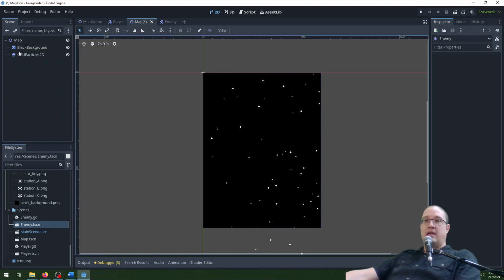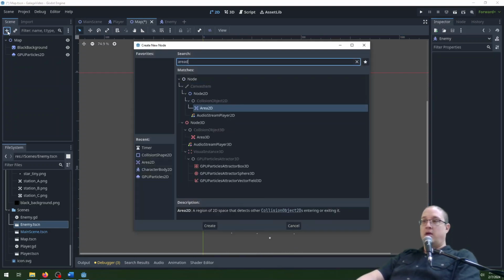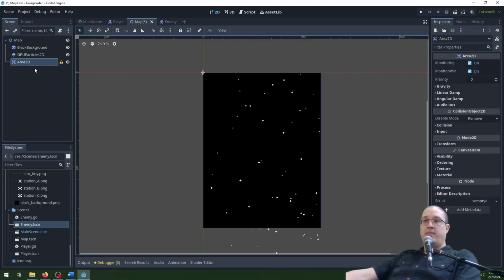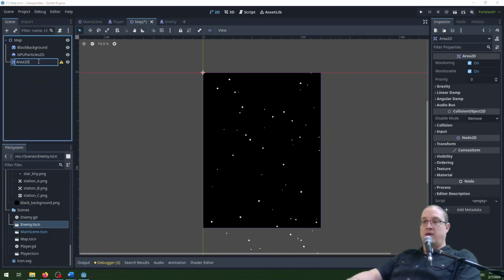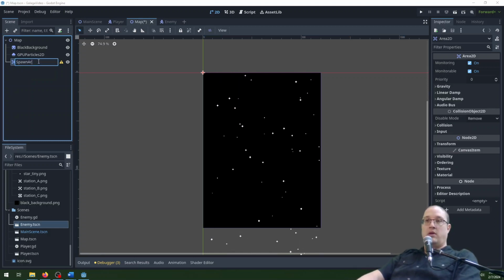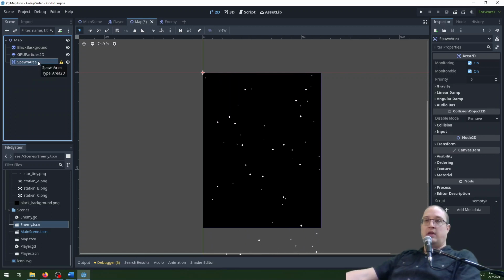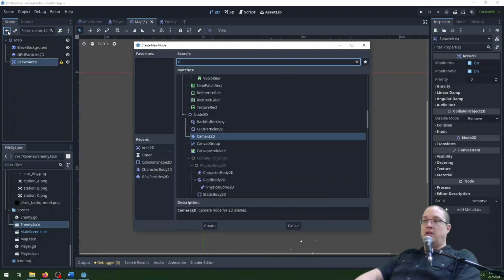I want to add in an area. Area is Area2D, right like that. This is going to be our spawn area where the enemies spawn. So I'm going to name it spawn area like that. Now an area needs a collision shape